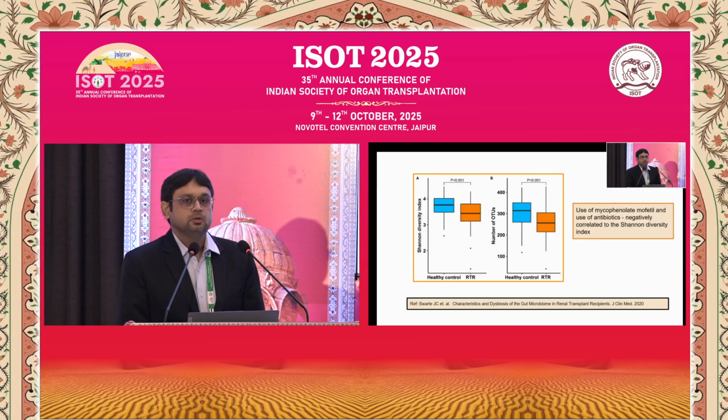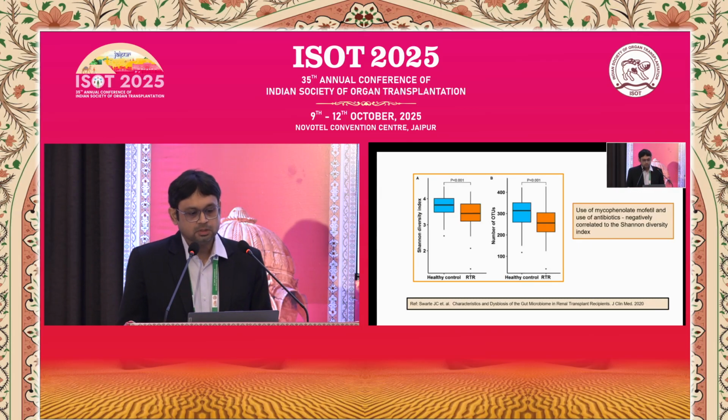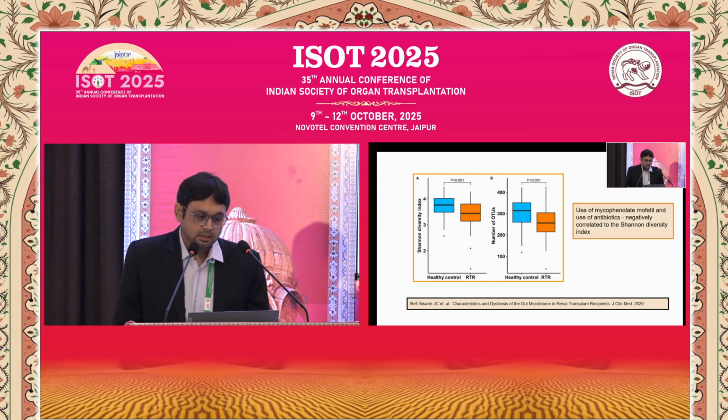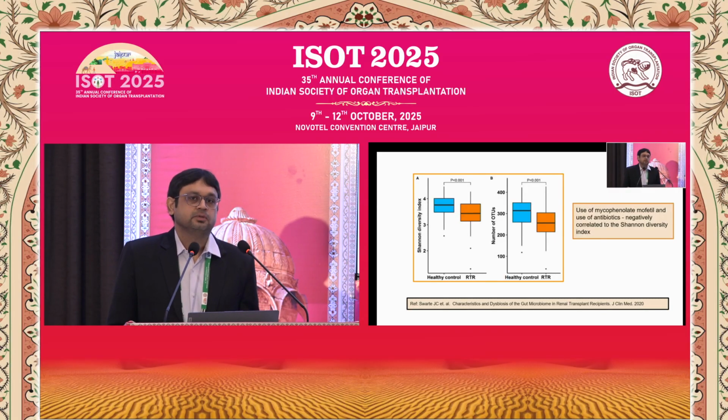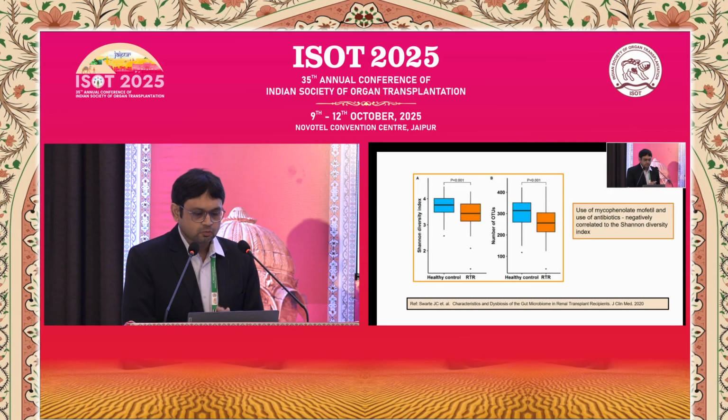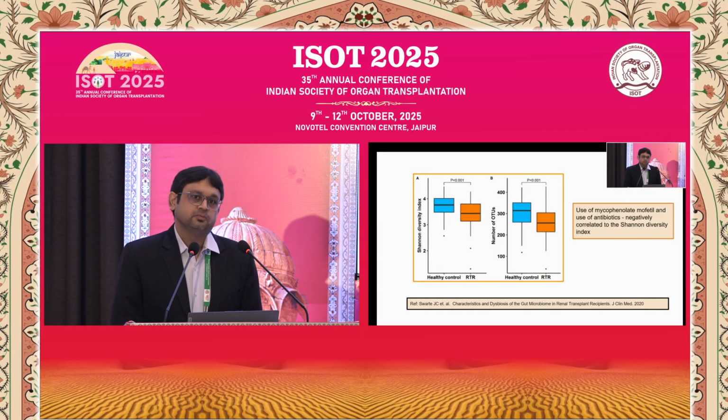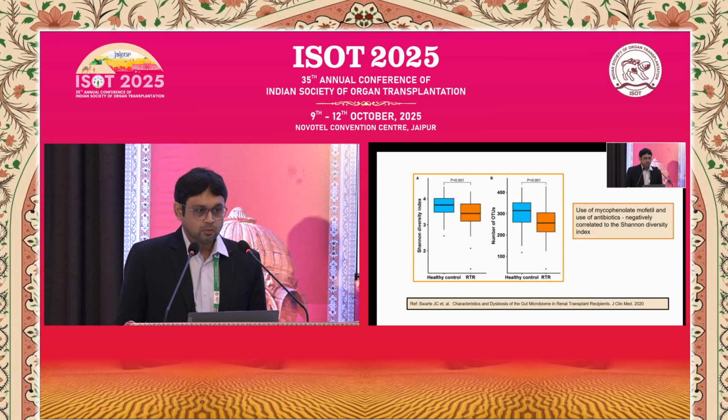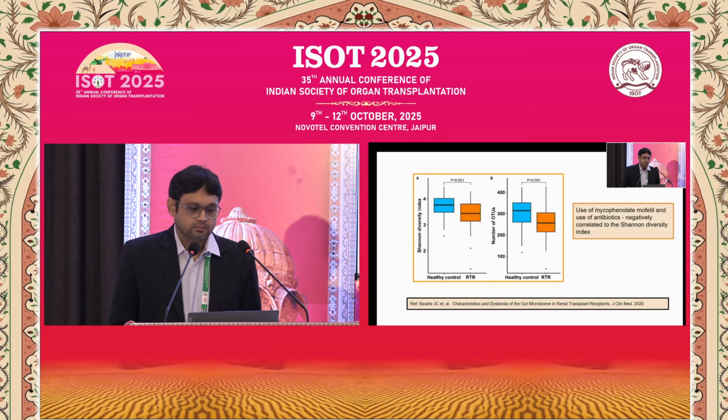So it is very important to understand the changes that the microbiome undergoes during the process of transplantation. And here you have a diversity index known as the Shannon's diversity index, and that is a standard measure used to look at the microbiome. Which means that you want your microbiome to be as diverse as possible. You want it to have good organisms, you want it to have a lot of diversity.